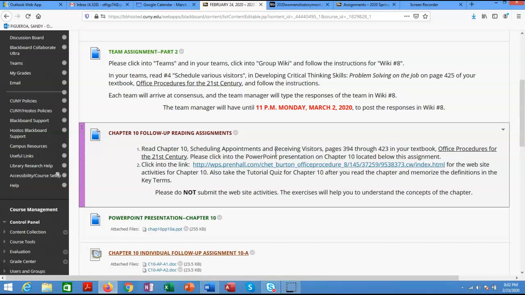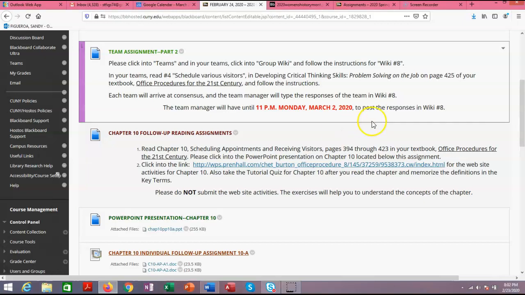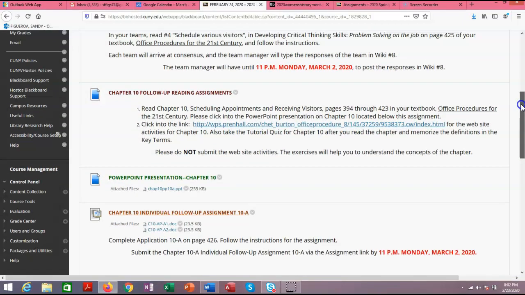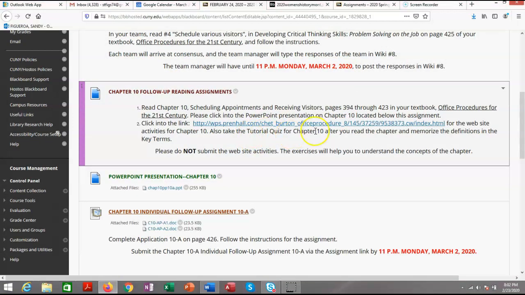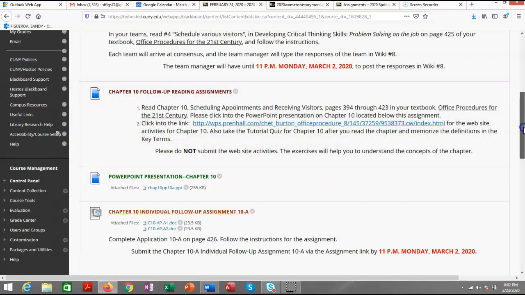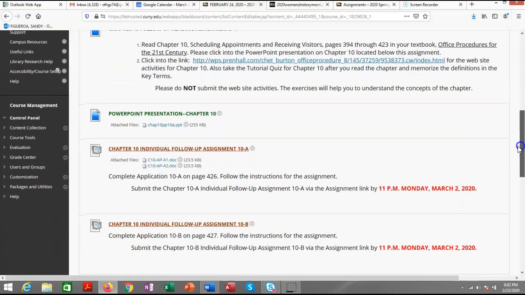But when you're working for several people, those of you who are going to be working in a doctor's office or a clinic, you may be working for several doctors. How are you going to schedule appointments? How are you going to receive visitors? Okay, so make sure you read through the assignment. Make sure you go over the quiz, because the quiz will help you with the midterm exam, which is coming up pretty soon, and we'll talk about that later.